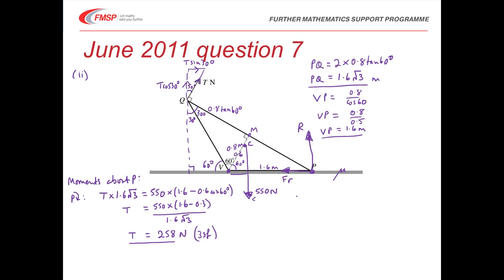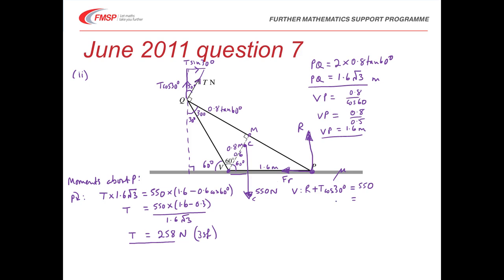Having taken moments, it must now be time to resolve forces, to consider what happens about the sliding. Well, T is my critical value, which I don't want to exceed. What's going to happen with the vertical and the horizontal forces? So, resolving vertically, what have we got? Well, upwards there's R, and also upwards is this component of the tension. So R plus T cos 30, and downwards all we've got is 550,